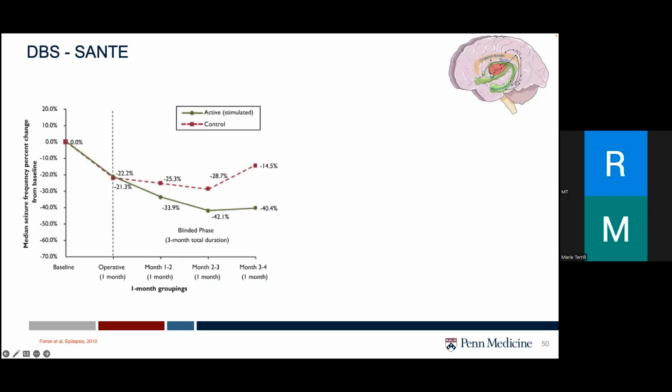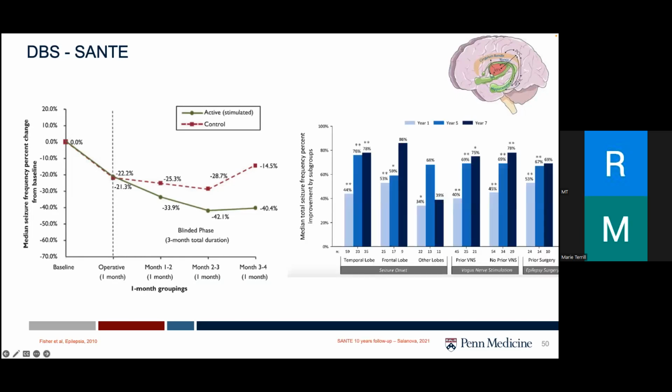70% of these patients, actually 75 of the original 110 patients, remained in the study at 5 years, and the median seizure frequency continued to decline, noted to be 56% from baseline at 2 years and 69% at 5 years. Now, the long-term results have shown a trend for continued improvement in seizure reduction over time.